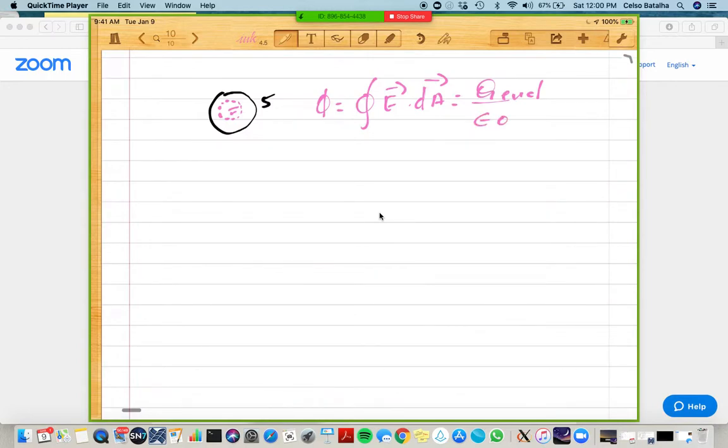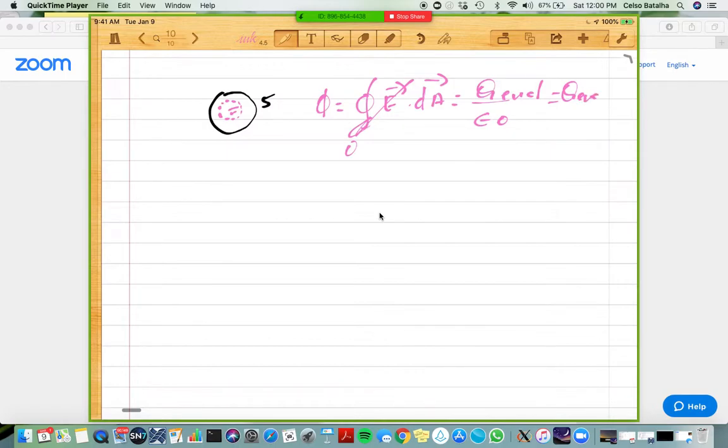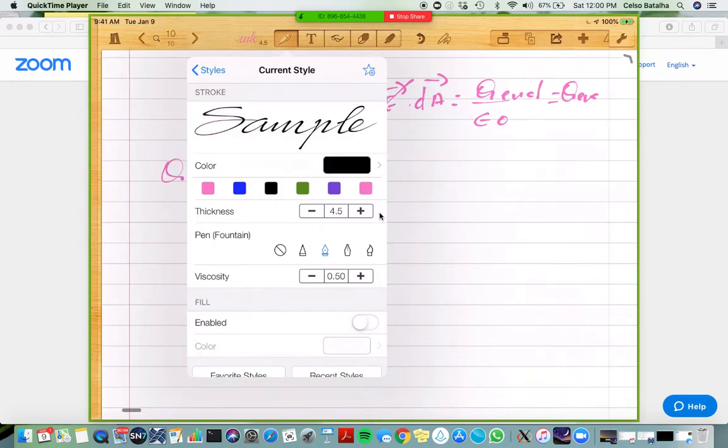But since this sphere is in electrostatic equilibrium, the electric field inside is zero. Therefore, the charge enclosed must be equal to zero, which means all these 5 coulombs should be outside, right? So that's the first step